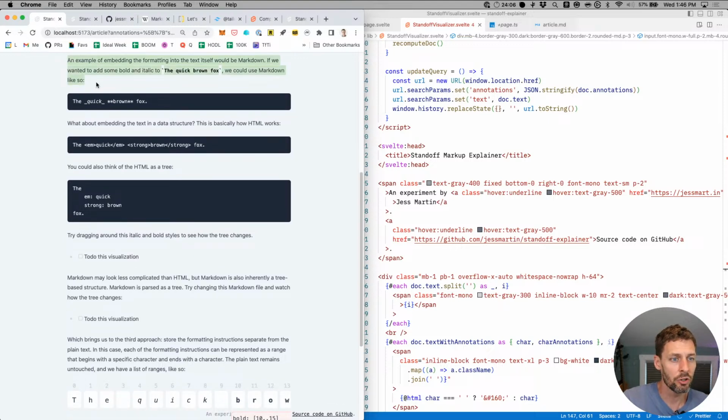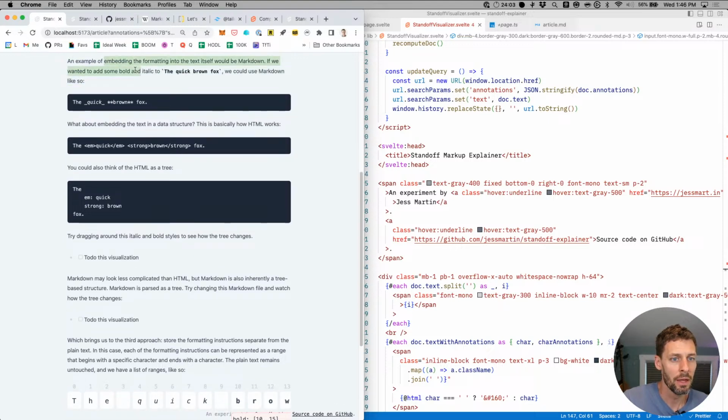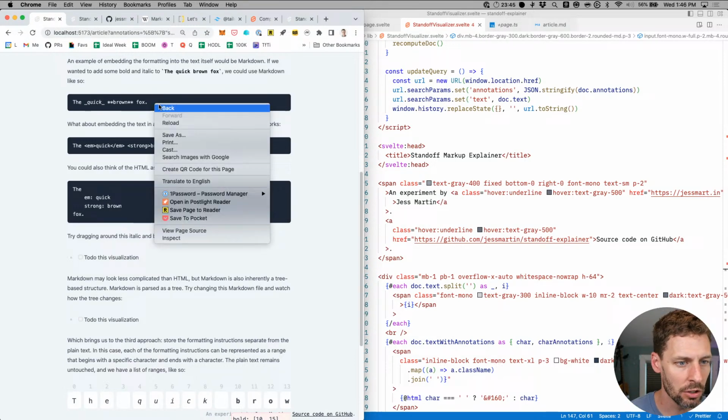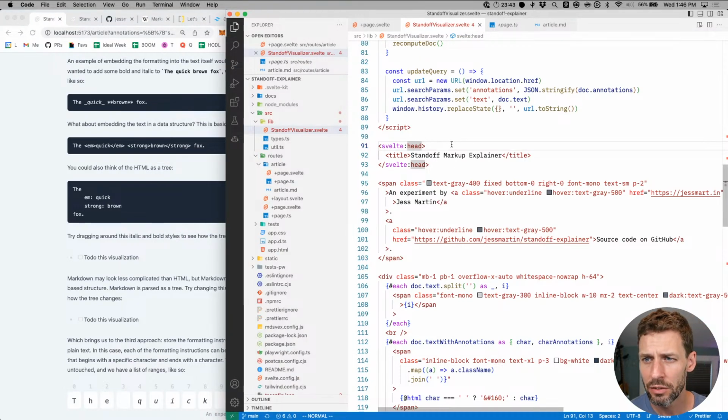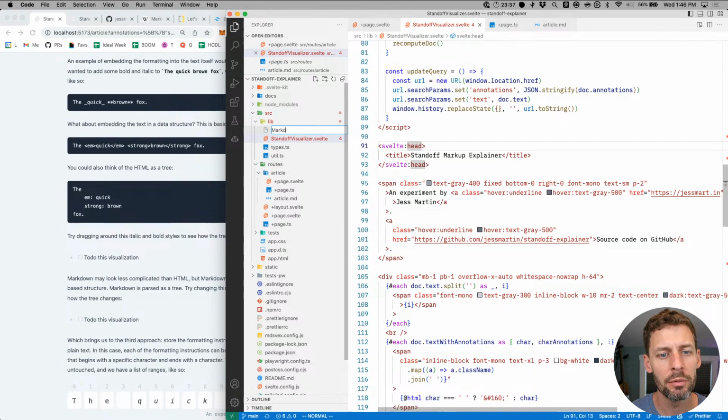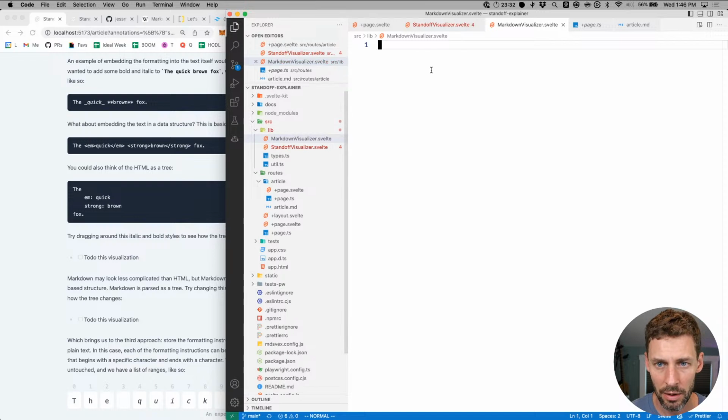So I'm thinking the very first one that I'd like to do is embed like an interactive Markdown renderer, basically, where you can type some Markdown and have it automatically render. So I'm wondering about how best to do this. Like, we could, let's put ourselves together another component here, and we'll put down Markdown visualizer.svelte, this guy, and